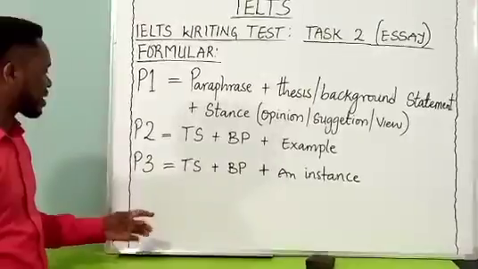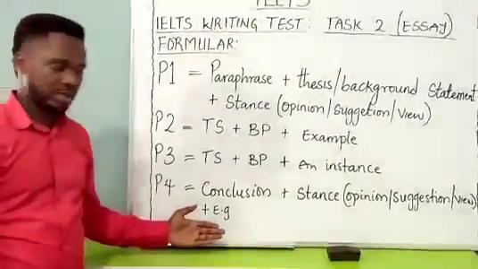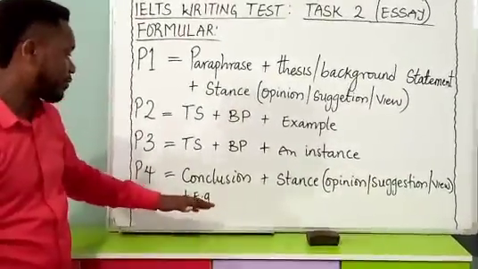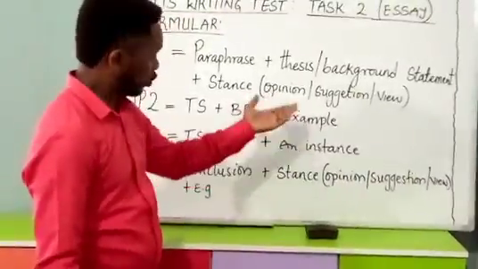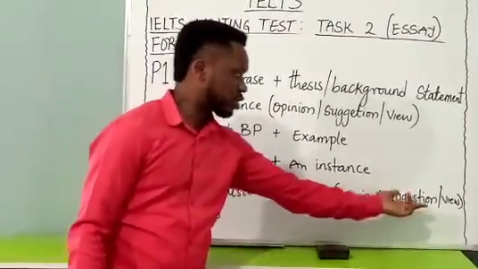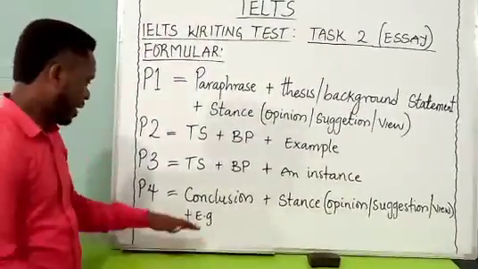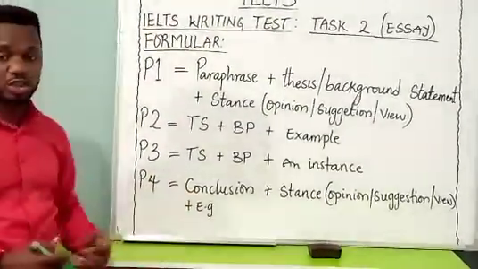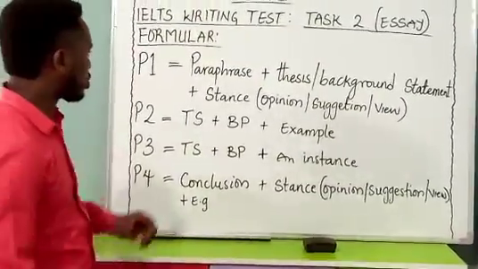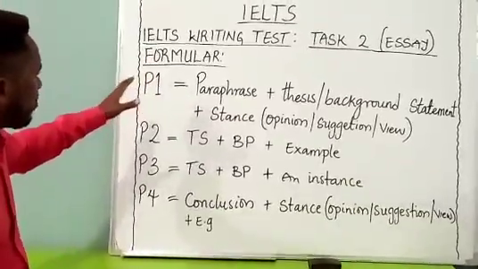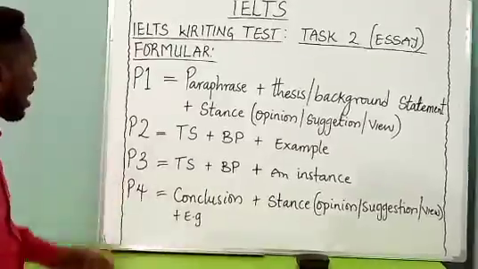So when you have this, the last part is P4, and your P4 simply must have your conclusion, your stance, and of course, you know, your stance could be your opinion, your suggestion, or your view, depending on what is asked or demanded of you. And lastly, you have a very short example to buttress your points. Now, at this juncture, we are trying to make things very easy for our test takers, and we broke this down into a formula